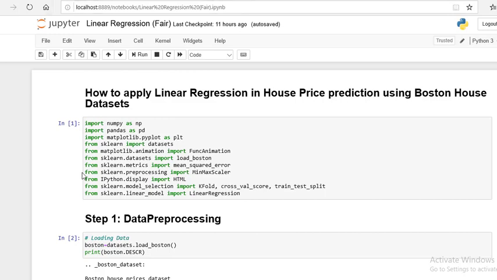So these are the first steps. In this step, we have imported all the necessary files used for this project: NumPy, Pandas, sklearn. The sklearn library contains a lot of efficient tools for machine learning and statistical modeling, including classification, regression, clustering, and dimensional reduction. So in this first step, we have imported all the necessary Python libraries.